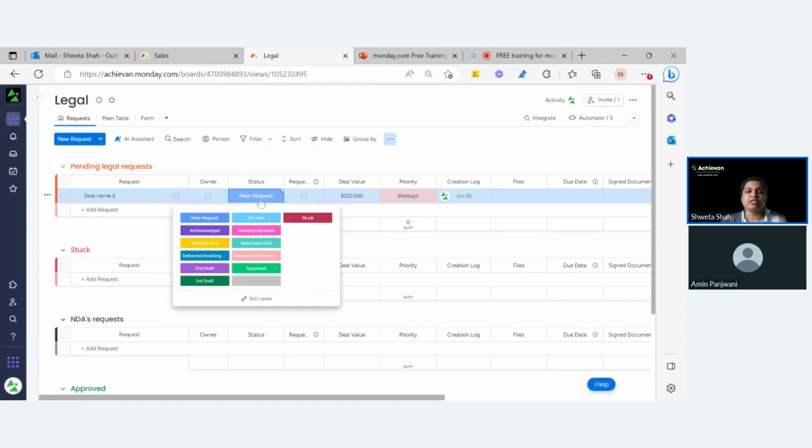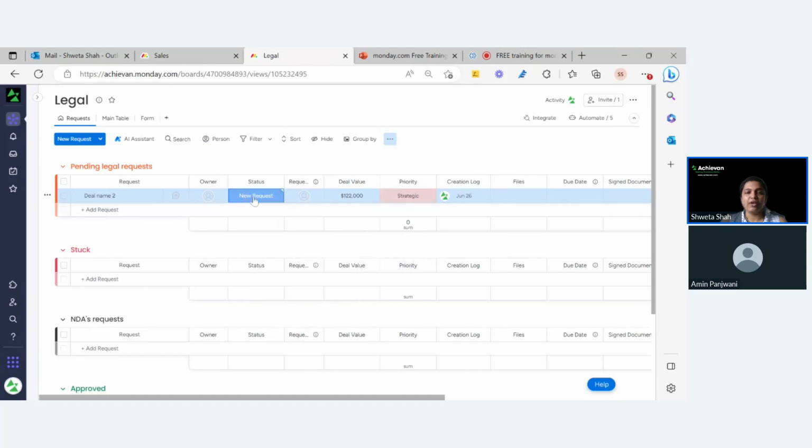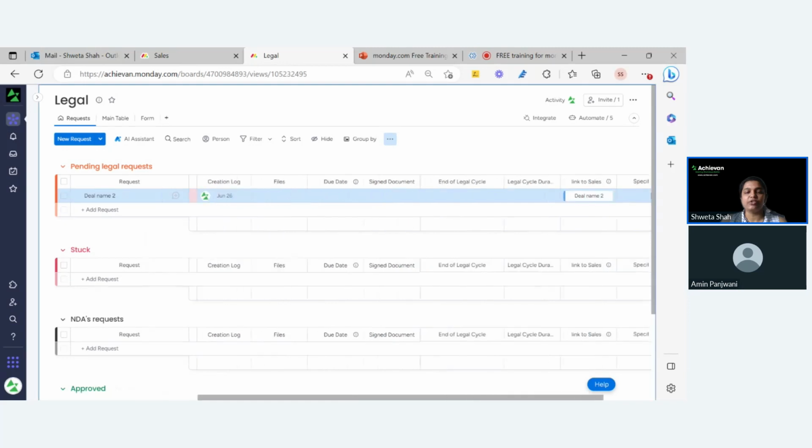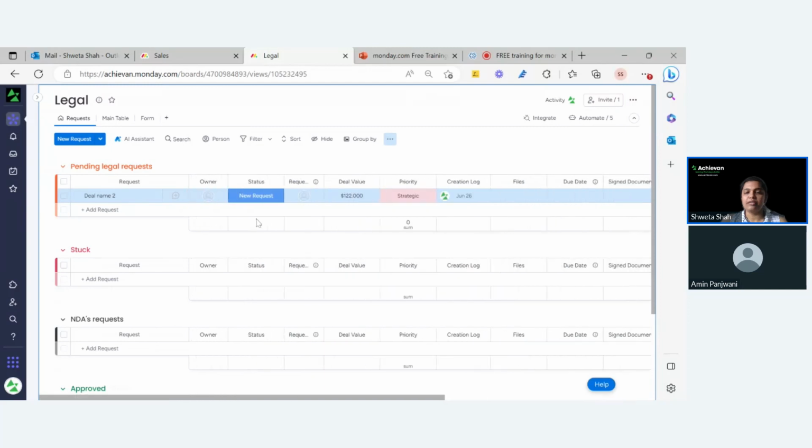So whenever they change this, now if you see, the trigger here is whenever it is approved, the sales department will automatically come to know that, okay, now this is approved. And how this is happening is because we have again used the mirror column. So it's like a back and forth mirror column. This file we have brought as a mirror from the sales board. Similarly, because there's a two-way connection, we have taken this status as a mirror column